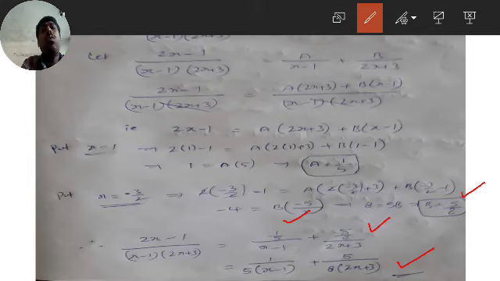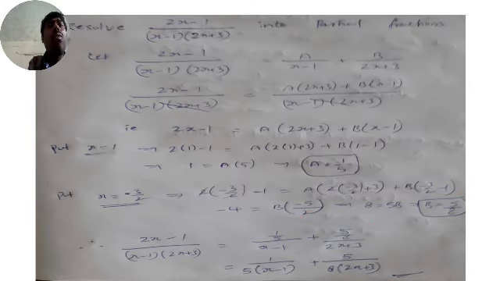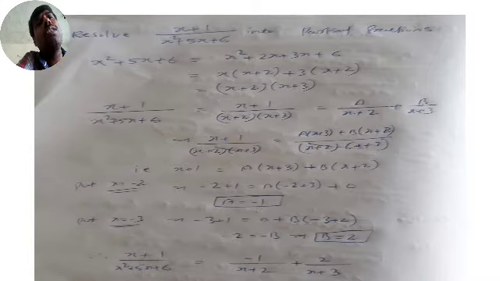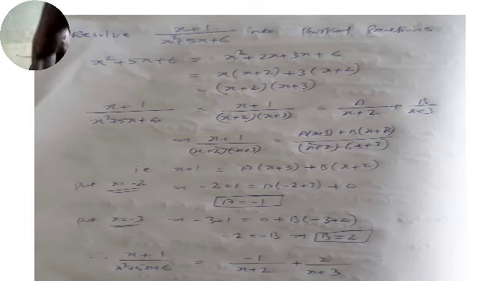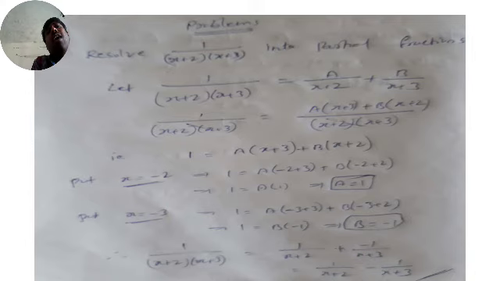Are you getting, guys? You have to practice again. So let me move back to the last problem of the day. Resolve x plus 1 by x squared plus 5x plus 6 into partial fractions. You see, in the first 3 problems, what happened? In the denominator, the factors were directly given.